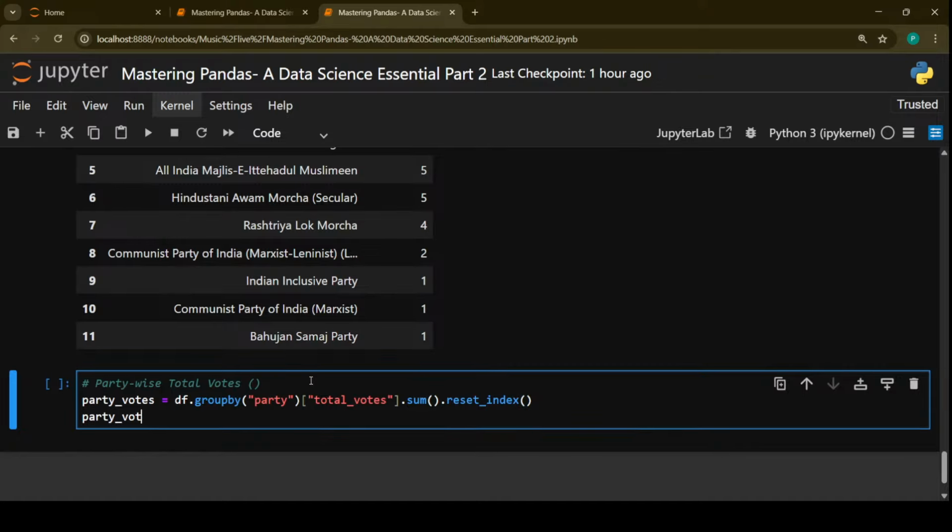Then party votes. Now what we'll do, we'll represent it in a better way. So party underscore votes dot, and now we'll sort it. Why will we sort it? To see which party got the highest vote, to see the popularity, the popular vote. So for that we'll sort values, then total votes,